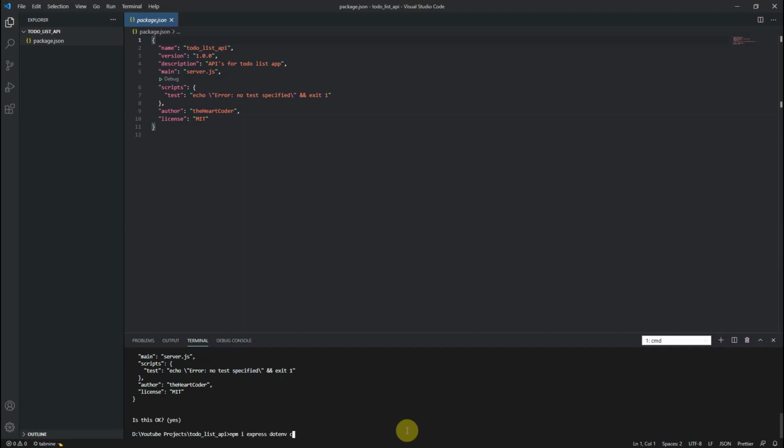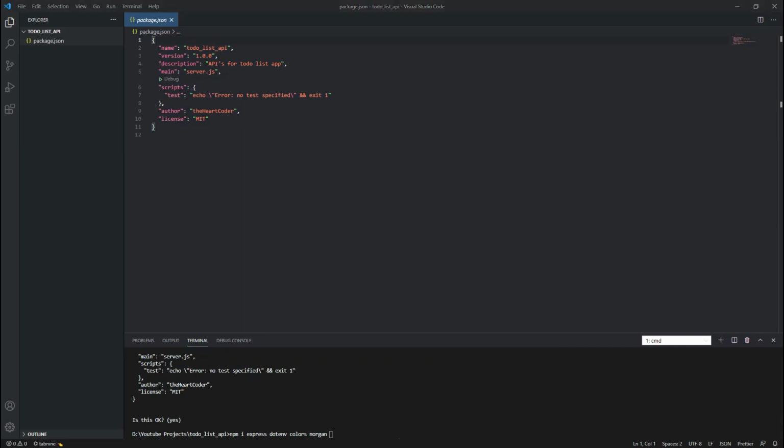Then I will use colors. For our development purpose, I am using Morgan to show the API path, means API URLs, which route.